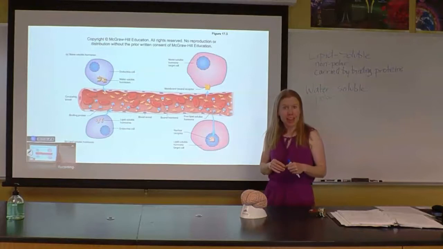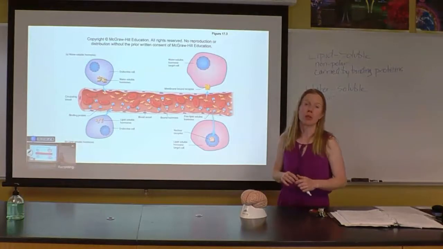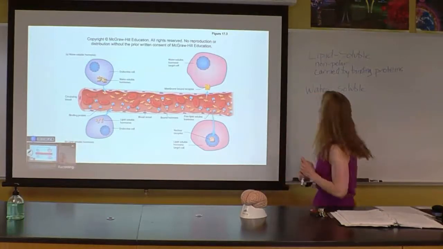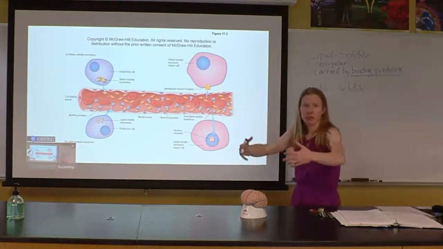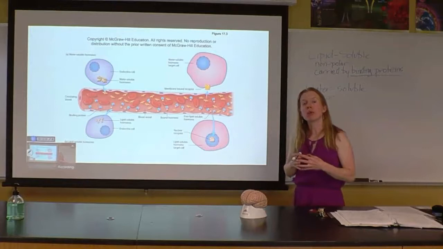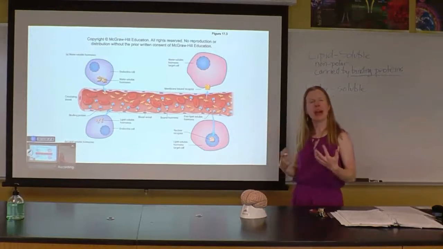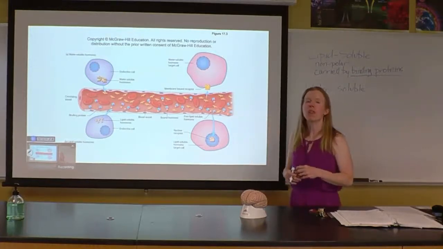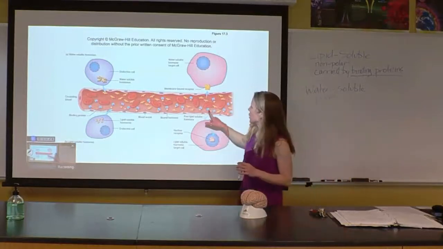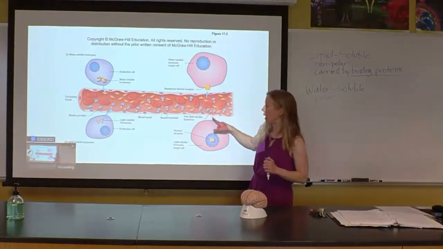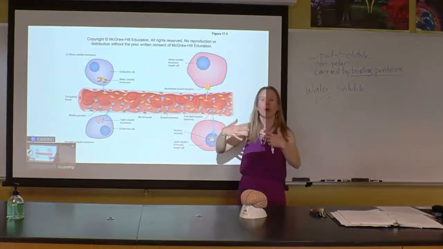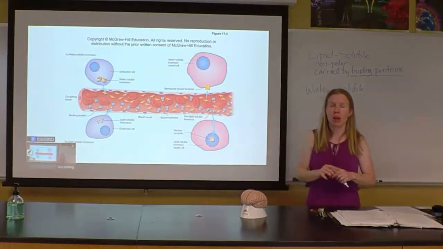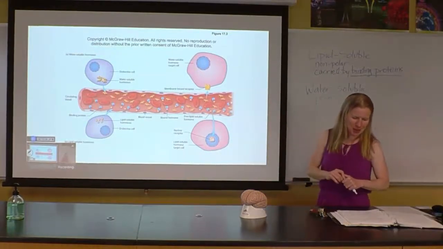The liver has enzymes that want to break these hormones down, and the kidney, one of our big filters, will also take these hormones out of circulation. So the other advantage of these binding proteins is not just that they can carry them through the blood, but it also gives them a longer half-life. They end up acting as a reservoir of hormones in the bloodstream. So, for example, this lipid-soluble hormone came off and is acting on its target cell, but there's more of that hormone sitting there in the bloodstream, ready to be used.